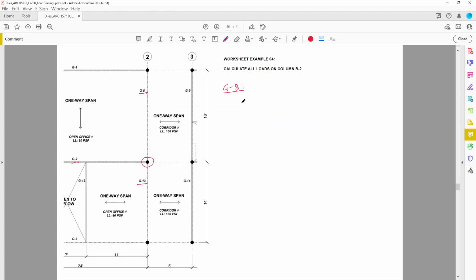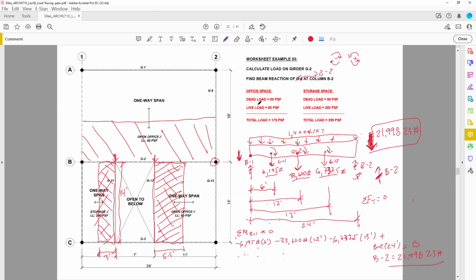So that's 6,240 pounds. Or we could write this as 6.24 kips. All right, what about the load from G2? So G2 we looked at in the last question. So the load from G2 is going to be what we just calculated, which is